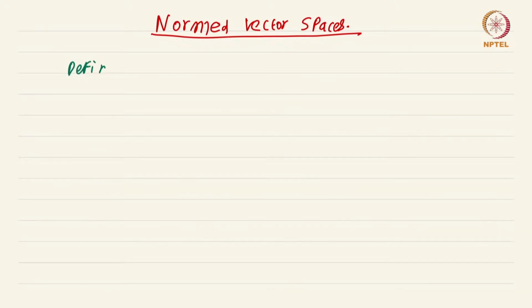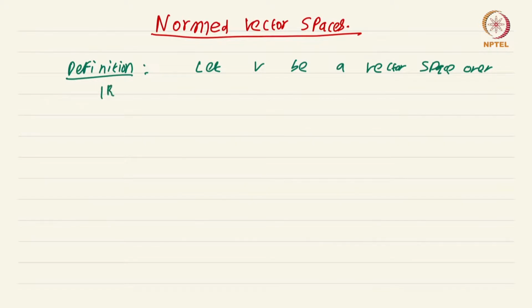Definition: we will deal only with real vector spaces, but much of what I say can be easily extended to the case where the vector space is a complex vector space. Let V be a vector space over R. A norm on V is a function